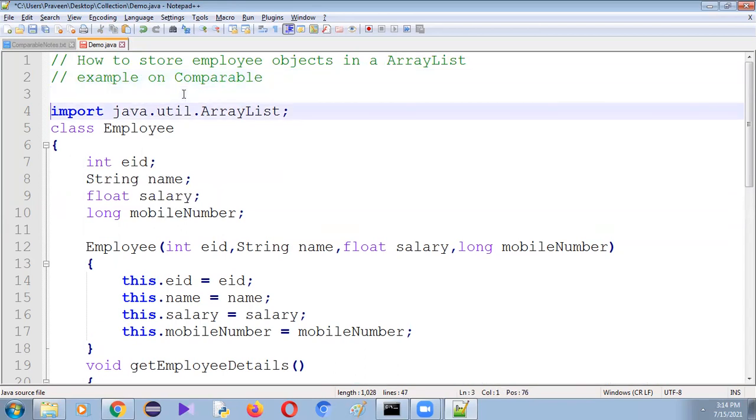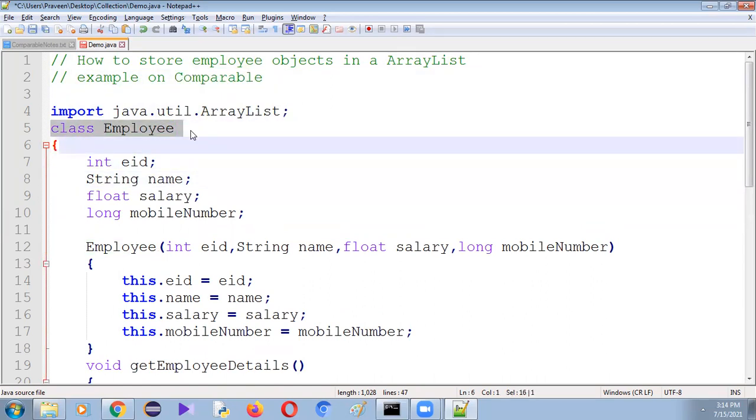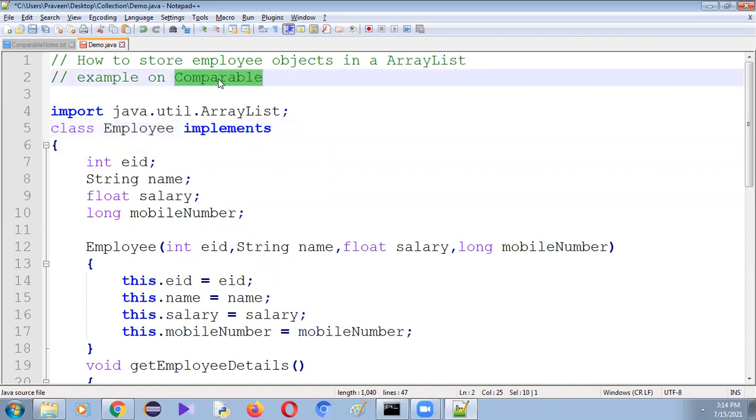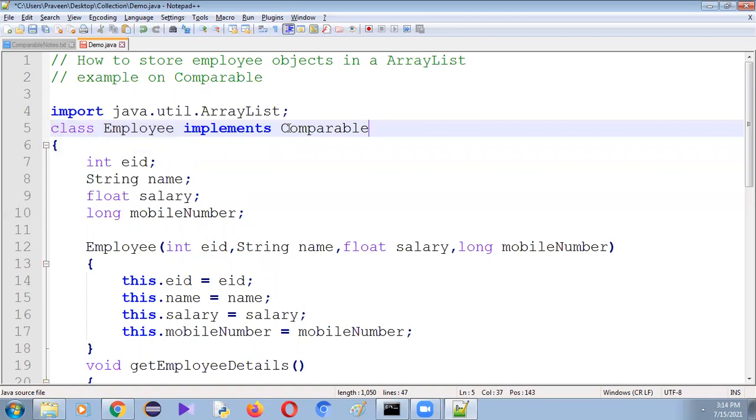So first, Comparable is an interface, so our class should implement the Comparable interface. This interface contains a method called compareTo. So inside this Employee class, we have to provide the implementation for the compareTo method.